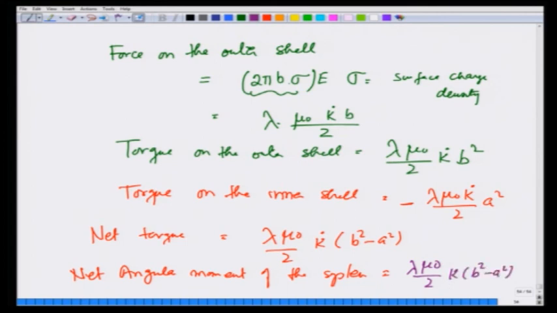Where did this angular momentum come from? We have already shown that the electromagnetic field carries this angular momentum, which we calculated earlier. So, therefore, that angular momentum is now transferred to the cylinders, and so what we have shown is that electromagnetic field carries angular momentum, which by some mechanism can be transferred to the shells or the systems around it, and that is equal to the mechanical angular momentum gained by the